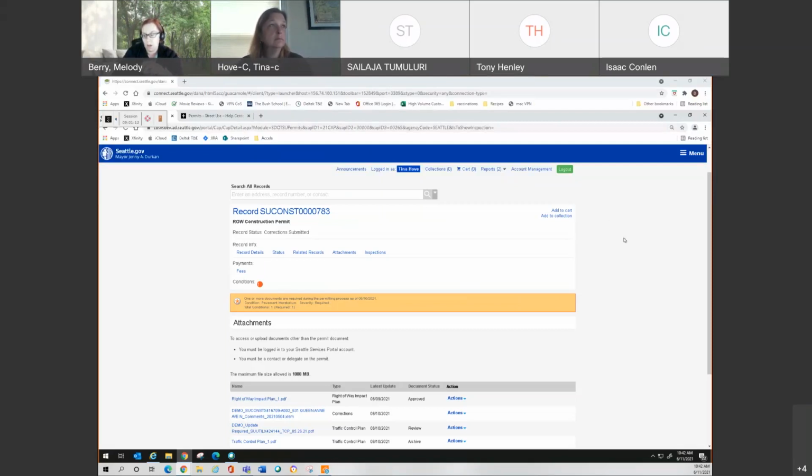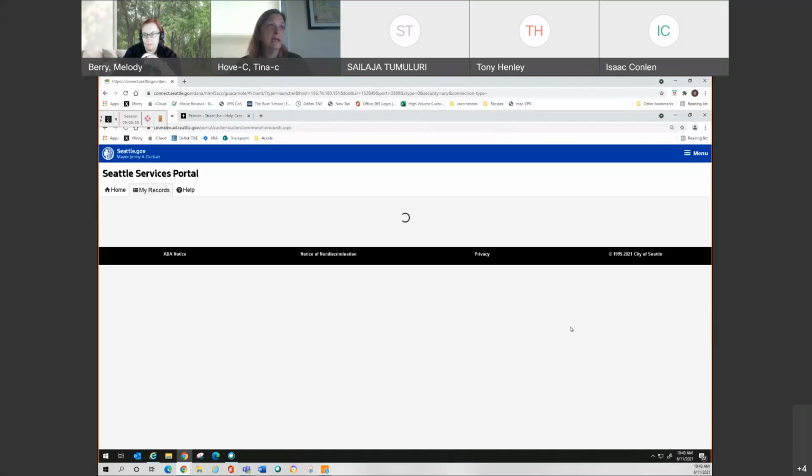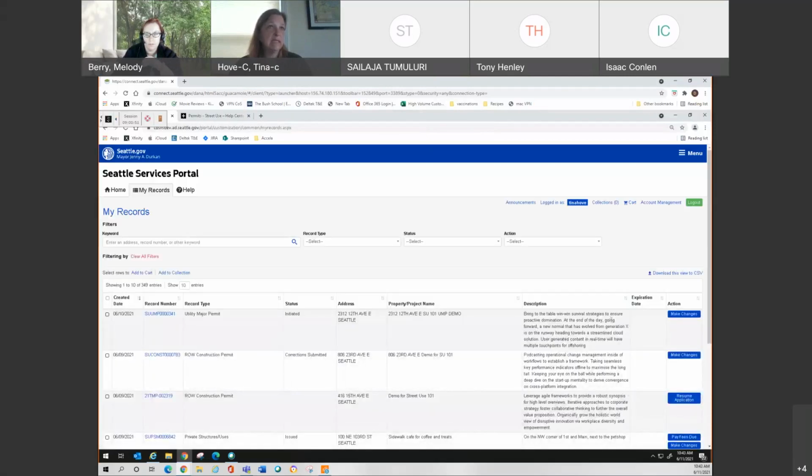Okay, here's a kind of unrelated question, but a good one. How do you remove a permit you have withdrawn, such as a right-of-way date change request? How do you remove it from your permit list? Interesting. Good question. So what I would say with that, right now we don't have a way to remove it, but what you can do is based on